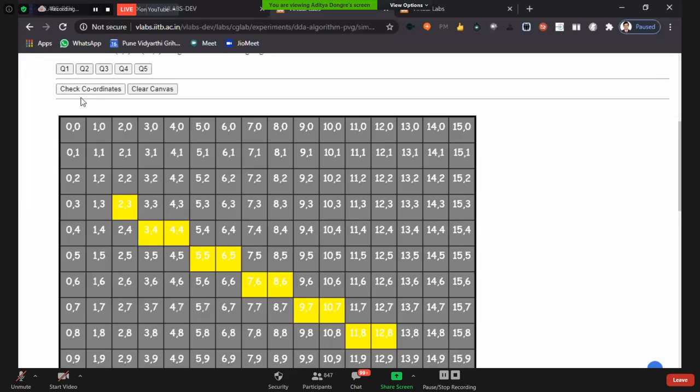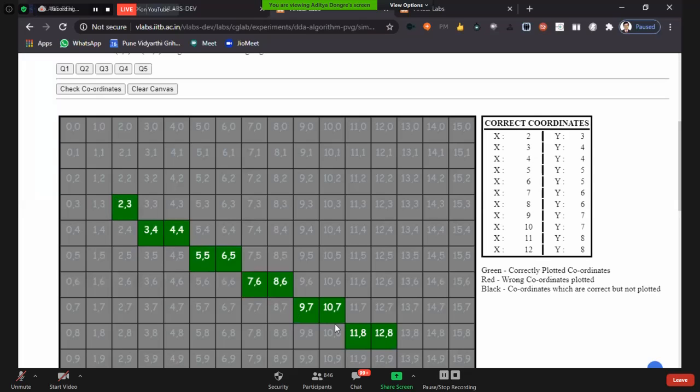Now we can check the coordinates. You see here, all the pixels are green. It means what